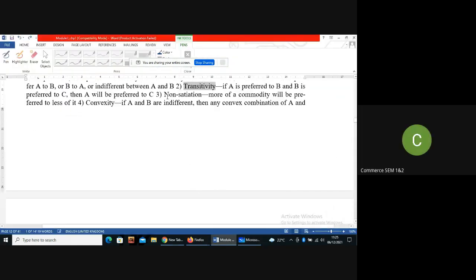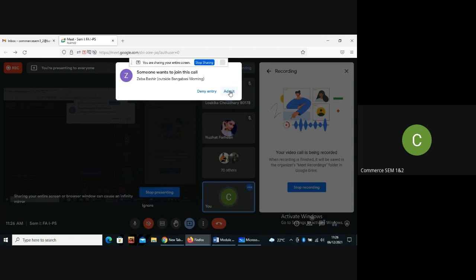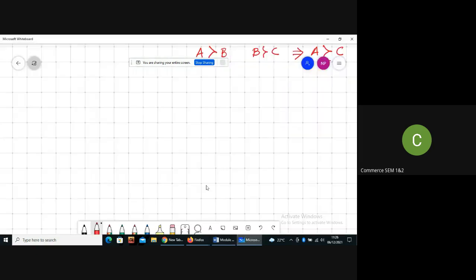Next assumption is called non-satiation. What does non-satiation mean? That more of a commodity will be preferred to less of that commodity. Or simply we can say more is better. We call it MIB, or more is better. So here, basically, say you have a point here, point A,